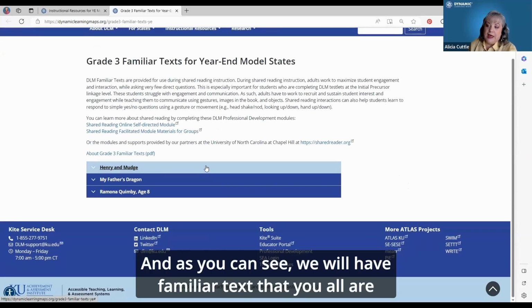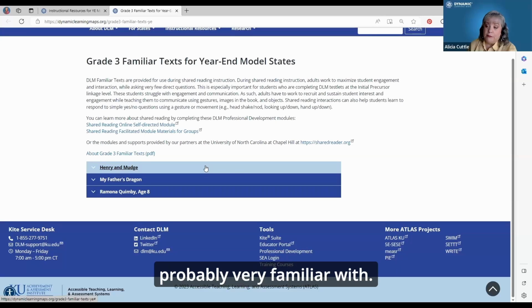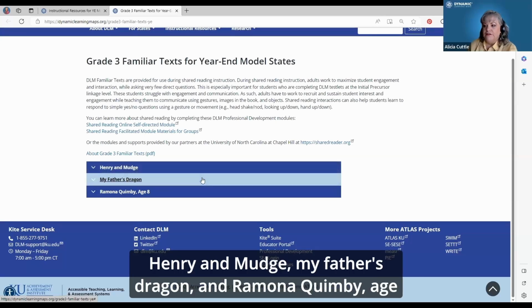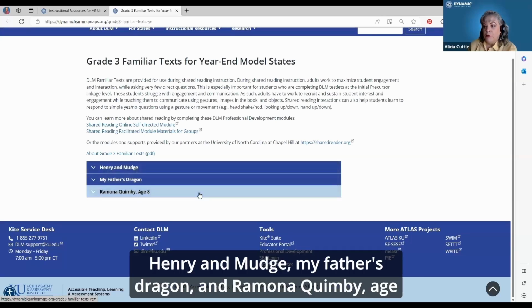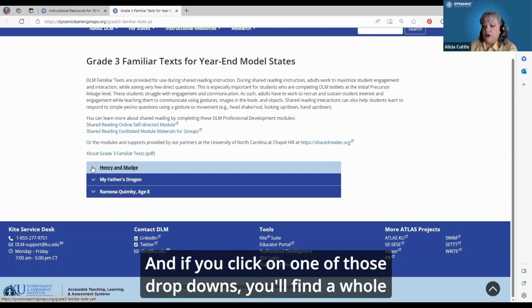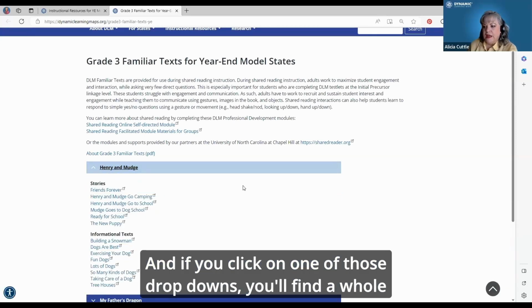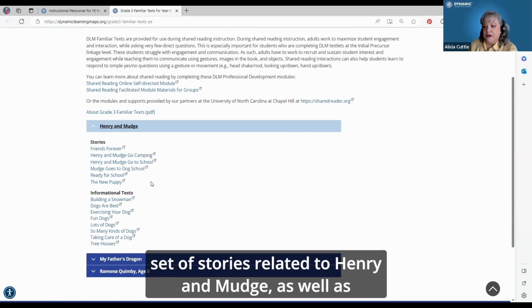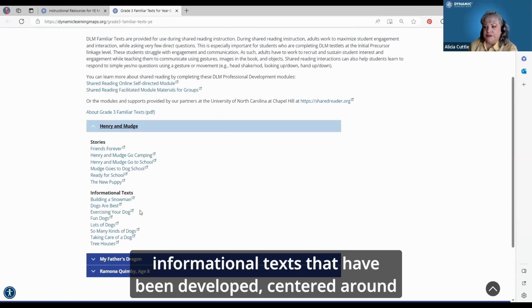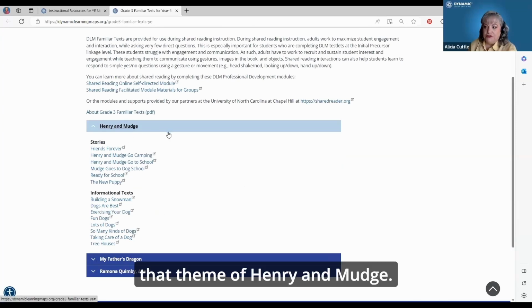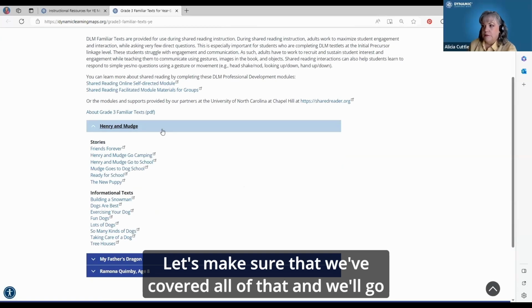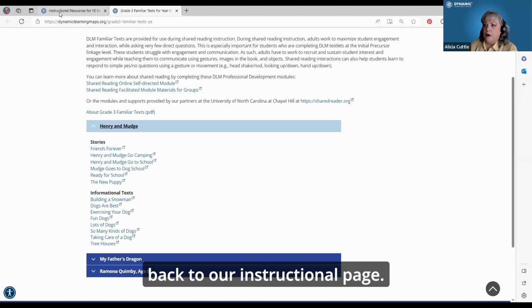As you can see, we will have familiar texts that you all are probably very familiar with: Henry and Mudge, My Father's Dragon, and Ramona Quimby, age 8. If you click on one of those drop downs, you'll find a whole set of stories related to Henry and Mudge, as well as informational texts that have been developed centered around that theme. Let's make sure that we've covered all of that, and we'll go back to our